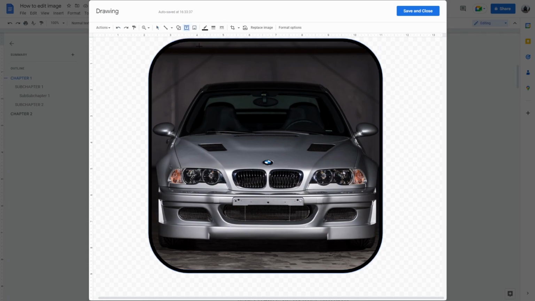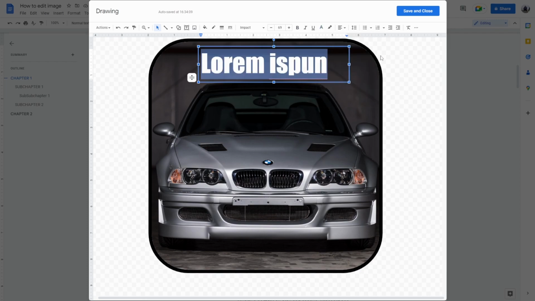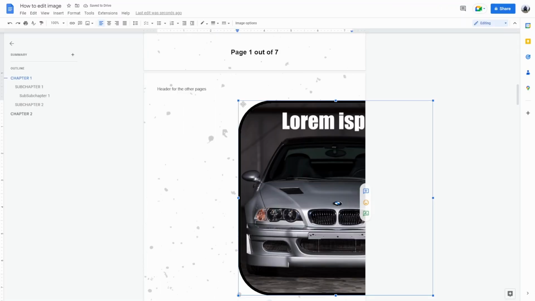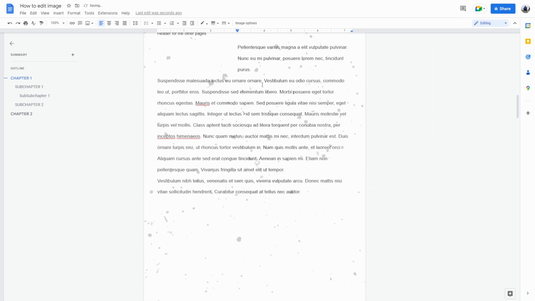You can add a text box. Change the color. Save and close. Now this picture is pretty big, so what you can do is just select the corners, and